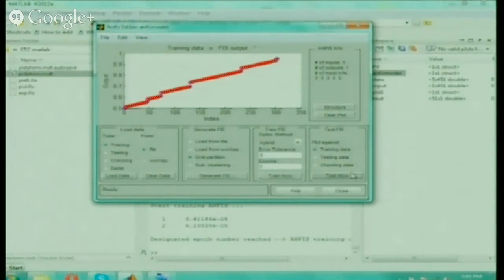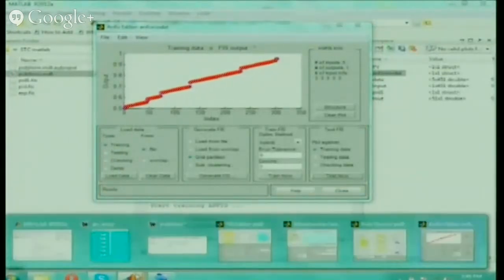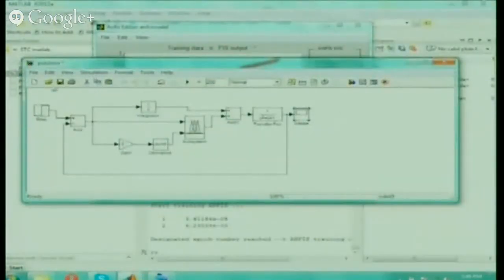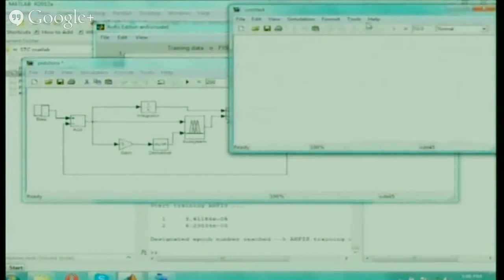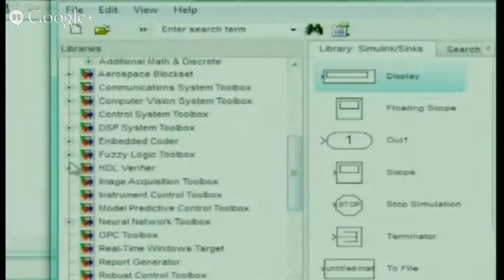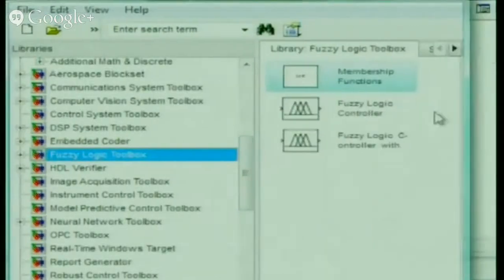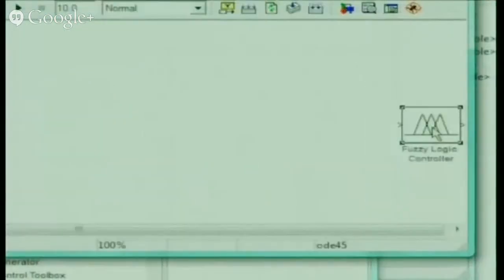Now what we have done, जो FIS create किया हमने workspace में भी लेके गया, now इसको हम Simulink में install करना है, Simulink में लेके आना है. So उसके लिए, I have already told you इसके लिए क्या करना है, हम fuzzy का block, so go to fuzzy, okay, just put this fuzzy controller inside this.